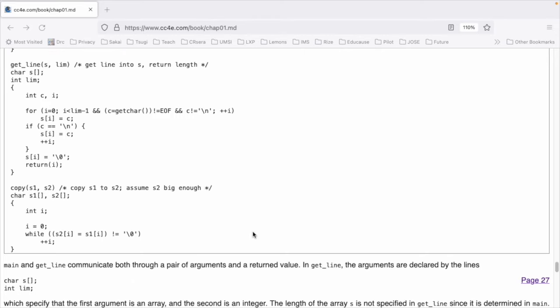getline(s, lim). char s[]; Since it's being passed in as an argument, we don't need to know the length of it. And the next argument is int lim; So getline takes a character array of unknown length and a limit that tells us the length of the character array. Open curly brace, int c, i;